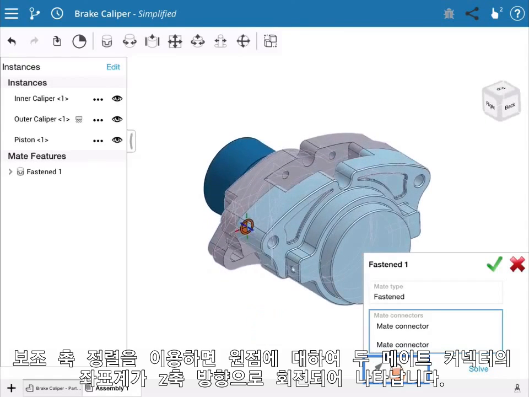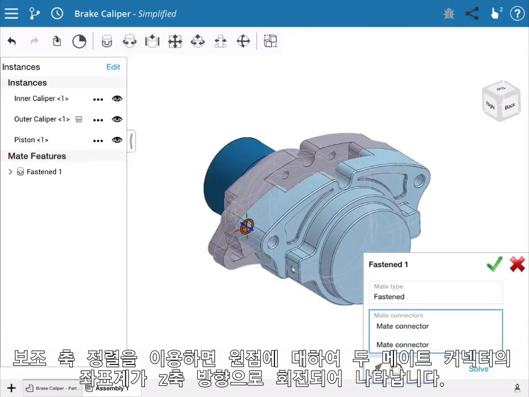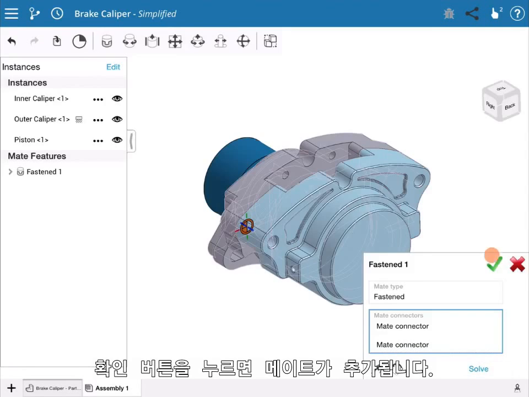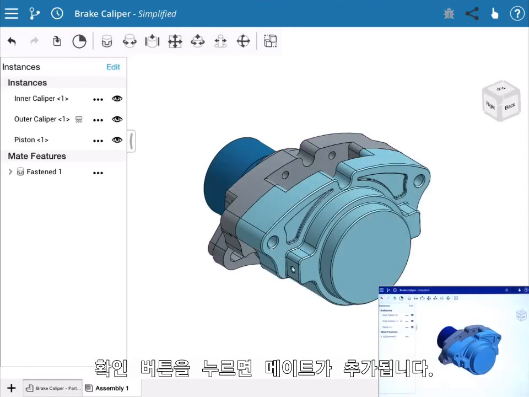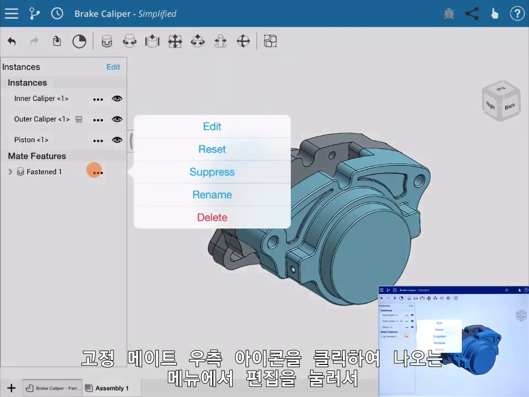As I make adjustments to the secondary axis, notice how the orientation changes, which is changing relative to the orientation of the coordinate system of the 2 mate connectors. I'll touch the green check, and the mate is added. Notice in the features list, you can see the fasten mate listed here. If I touch the ellipses and edit the mate,